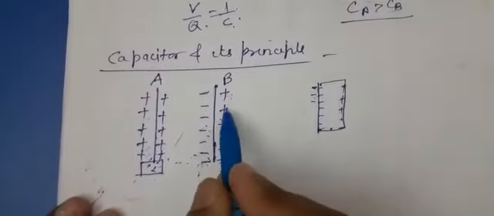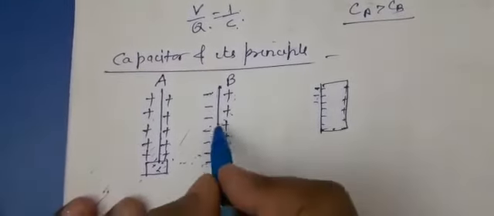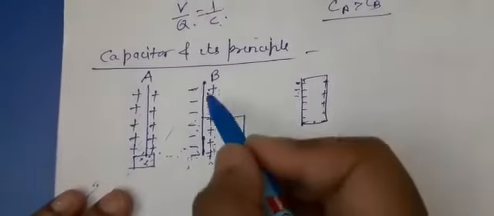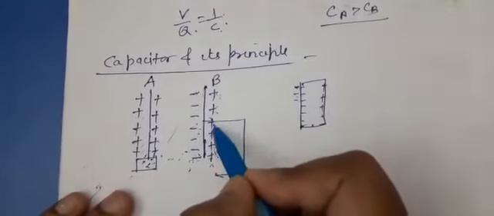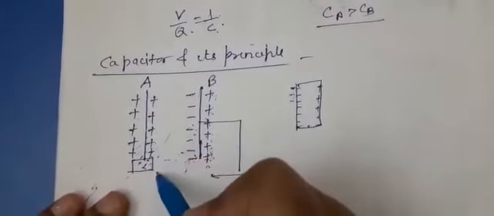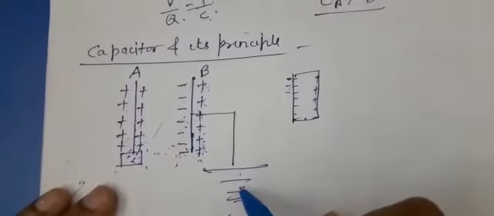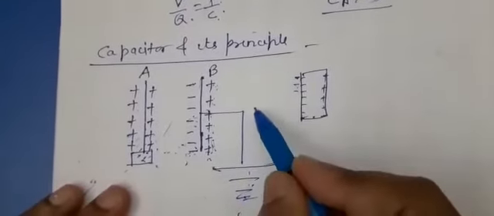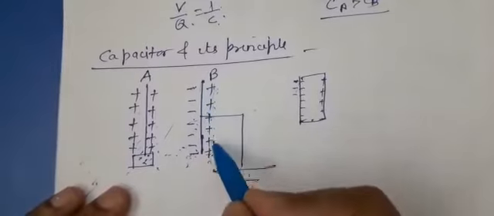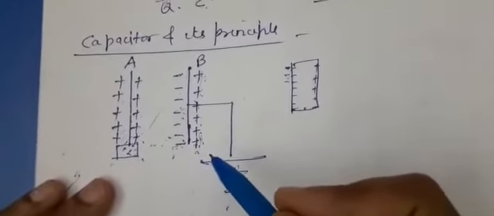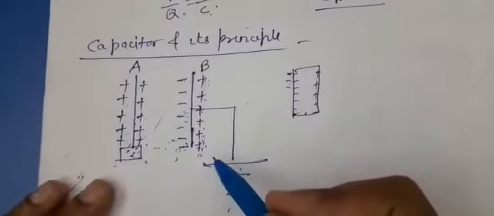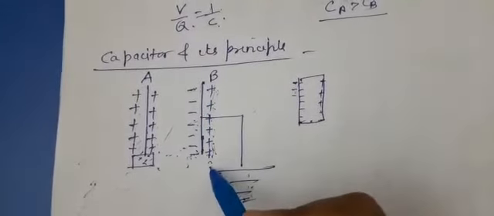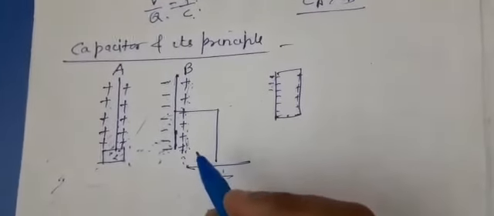Now what will we do with the positive charge? We will connect it to the ground. The purpose of grounding is to have no effect of this positive charge on the potential of A. So it is grounded. What happened? This positive charge will move to the ground. But actually, electrons from the ground come to neutralize this positive charge. The moving particle is the electron only. Positive charge cannot move; it is simply a vacancy of electron. So electrons from the ground will neutralize this positive charge, and hence